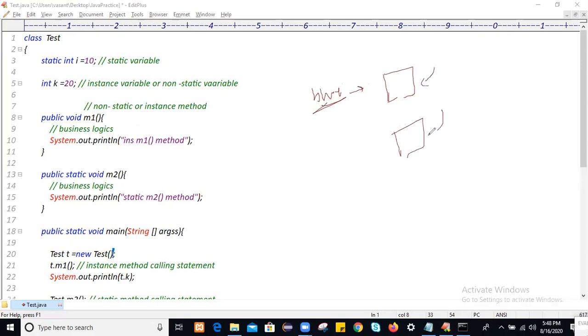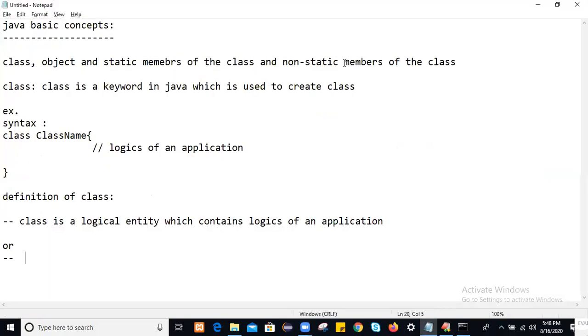Similarly here also you have a class, and on that class you can create multiple objects, in the static area or the instance area. So again we define class like this: class is a blueprint which decides object creation.